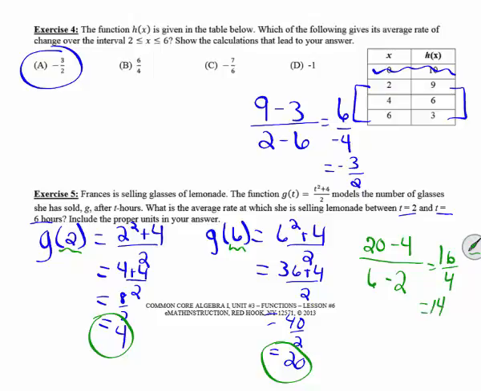Now it told me to use the correct units or label in my answer. So we're talking about the number of glasses sold after t hours. So glasses per hour. Sorry, I ran out of room there. Okay, so just doing a little bit different with our functions, being able to evaluate them,